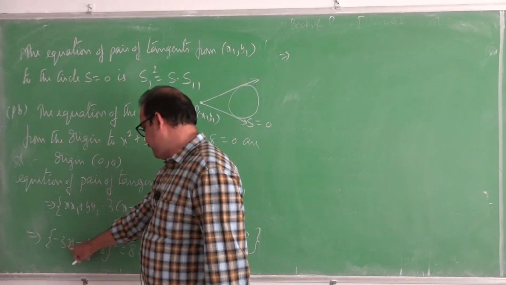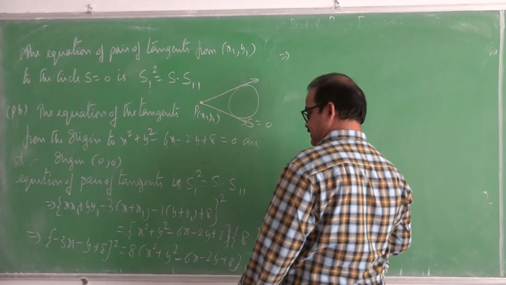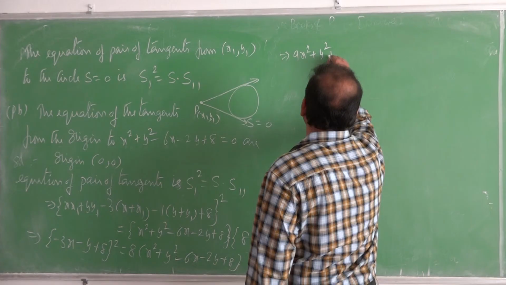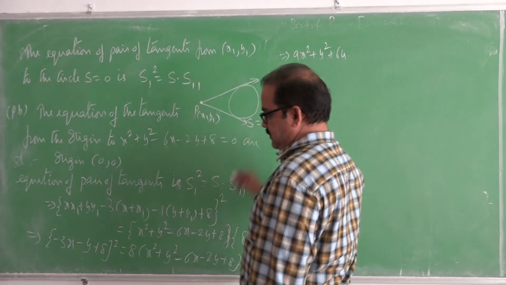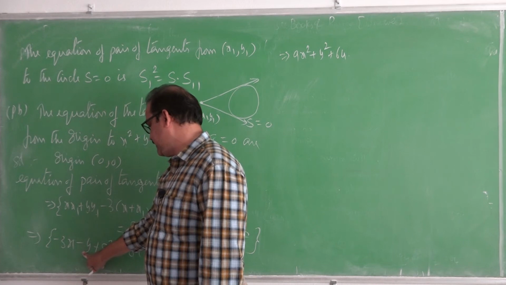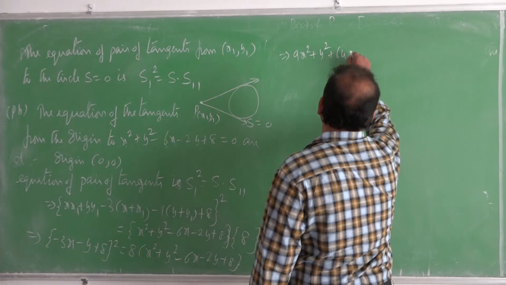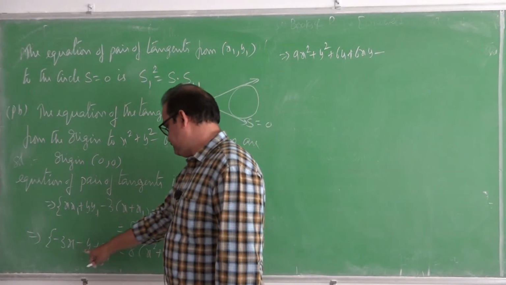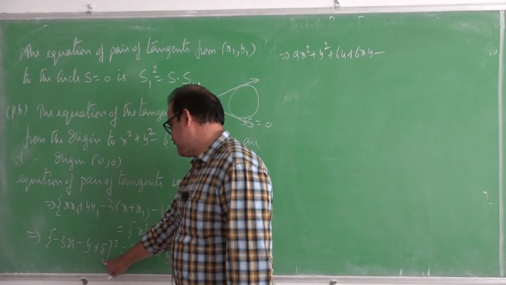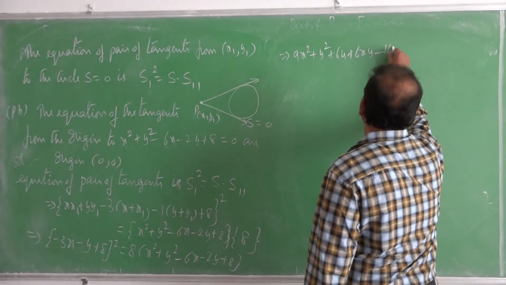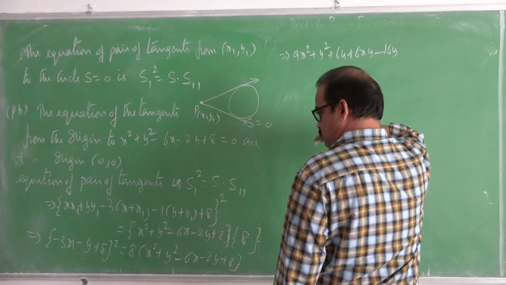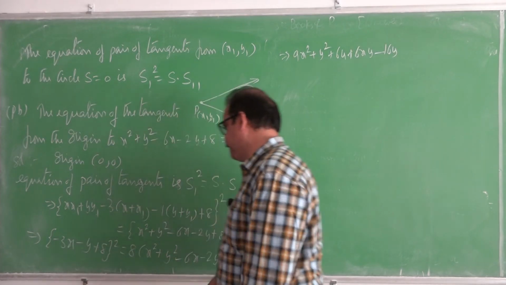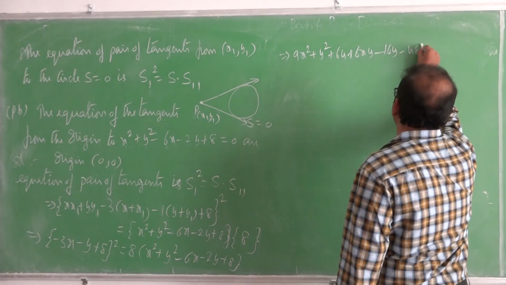It is in the form of a plus b plus c whole square, that is a square 9x square plus b square y square, c square 8 square 64, plus 2ab. A is minus 3x, b is minus y, plus 6xy. 2bc, minus y into 8 into 2, minus 16y. 2ac, 8 into 3, 24, minus 24 into 2, minus 48x.